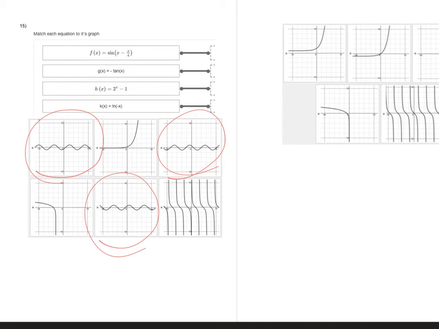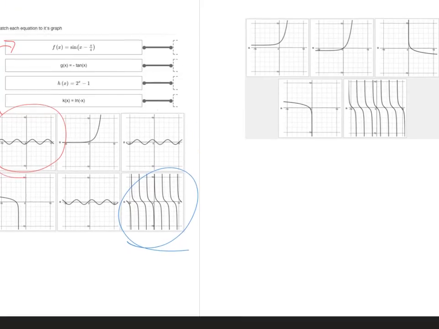So this is that one. Now, for tangent, again, I can go through and say, okay, well, which ones could be tangent? And then let's worry about the transformation. And you should know these basic shapes. I mean, you need to know these basic shapes. It's one of the things that we have to know for calculus, which is why it's on your readiness for calculus assessment. So with tangent, here's a tangent,